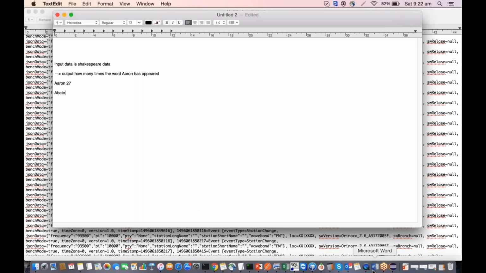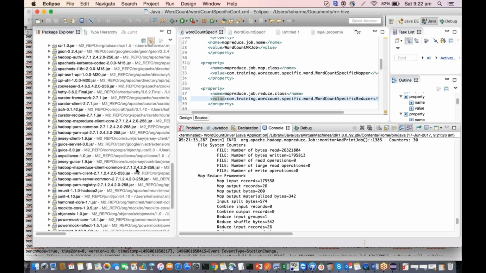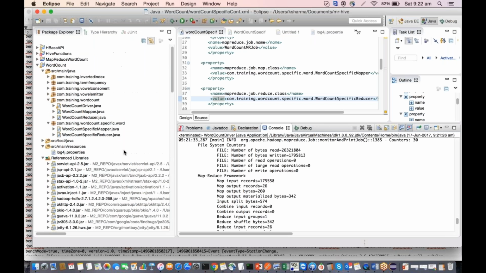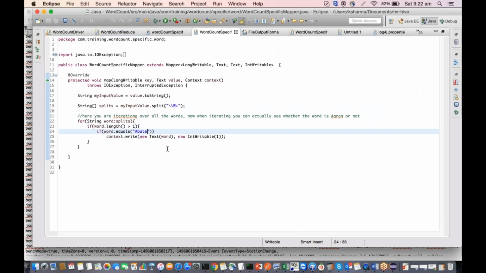So if you want to do this, you will again go to your code, right? Because the way we have written the code is that we have hard coded the value of Aaron in our mapper class. Now, if I want to do it for abate, I will type abate and hard code it here in my code. And every time anyone asks you to give the count of this specific word, you have to go to your code, change it, run it, and then get the output, right? So that's going to be a very cumbersome process. The best way would be that if someone passes the word to you as a parameter,